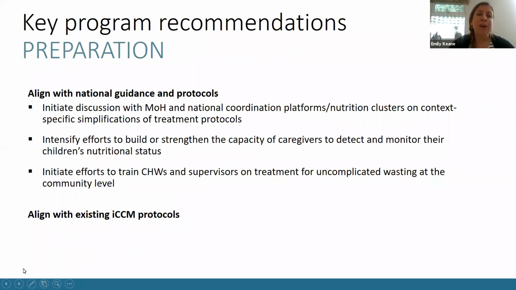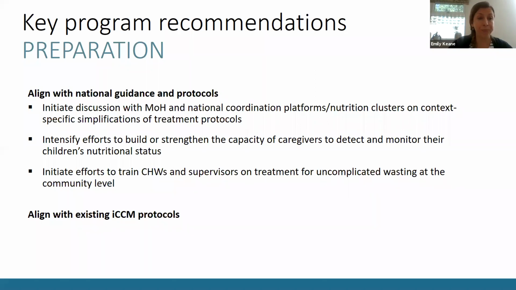Yeah, so now getting into some of the steps you might take if you're thinking about introducing this service. The first area is around aligning with national guidance and protocols. The objective here is to ensure that these new treatment services for wasting that are being delivered by community health workers align with existing protocols and processes, and that there's good communication, particularly with those working